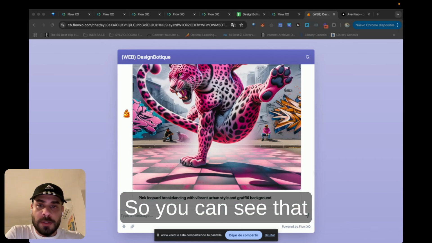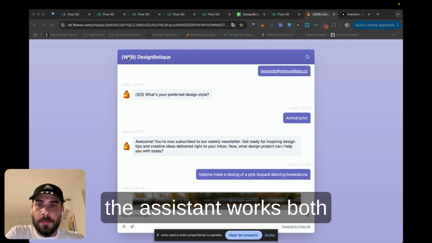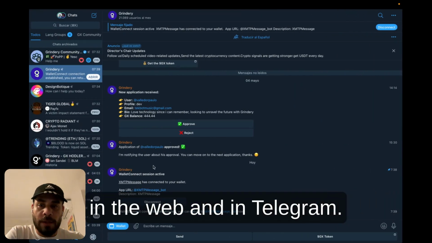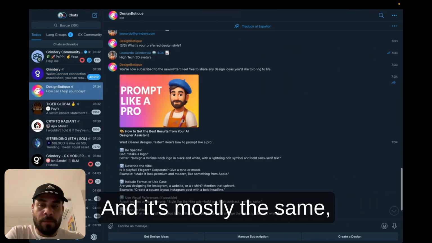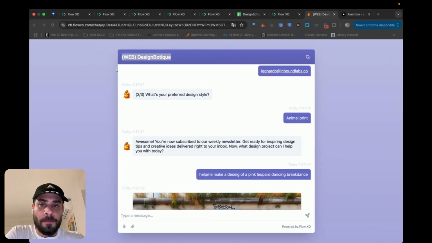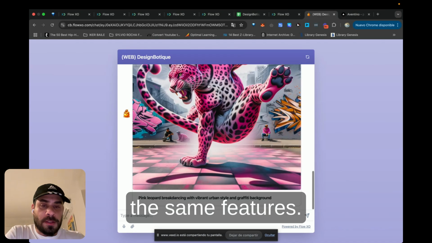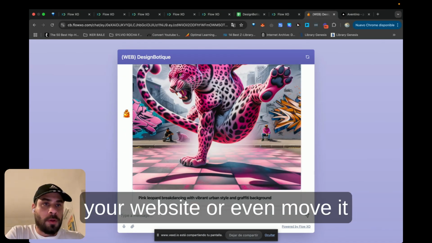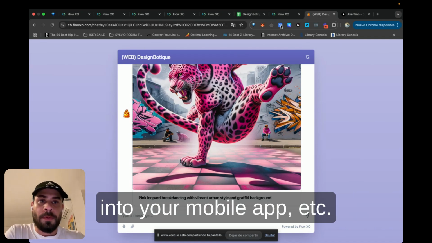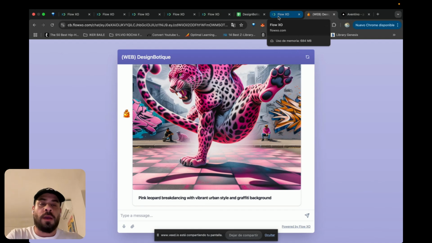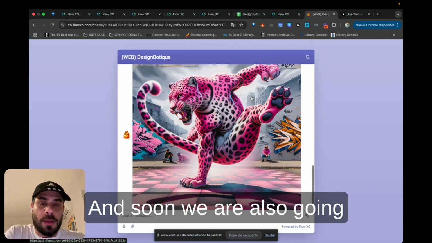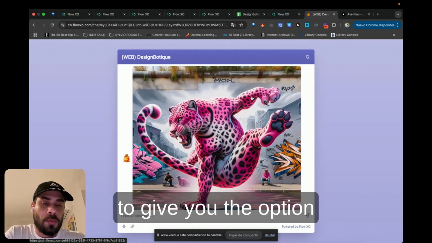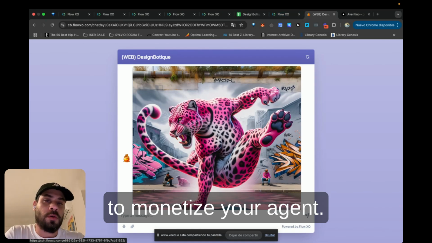So you can see that the assistant works both on the web and in Telegram, with mostly the same features. Okay, so you could publish this into your website or even move it into your mobile app, etc. Okay, and soon we are also going to give you the option to monetize your agents.